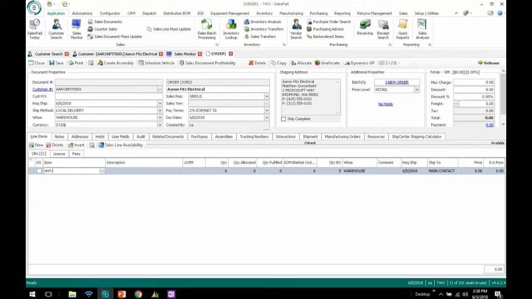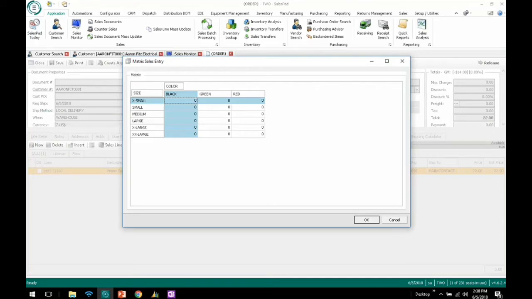So I'm going to add this SKU, and you can see that when I tabbed off of it, it recognized that there are matrix options for it, and so it loaded up my 2-axis grid where I've got my size and my color. This happens to be a promo t-shirt part number, so I've got extra small through XXL, and for colors I've got black, red, and green as potential options. I can simply come in and do quantities for each of these. I can say I want 2 medium greens, maybe I want 3 green larges, and maybe I want 5 red